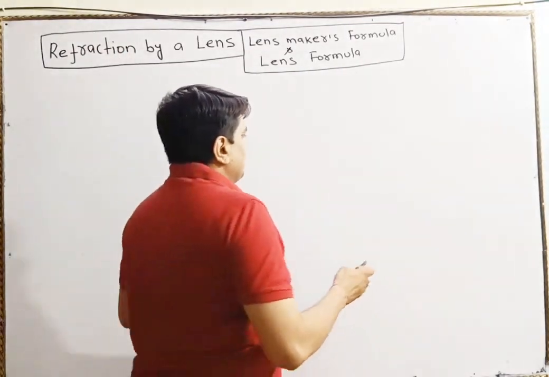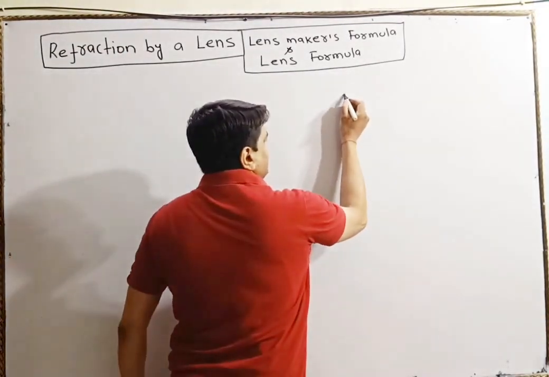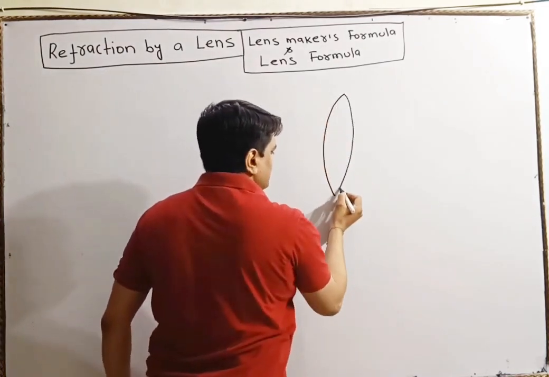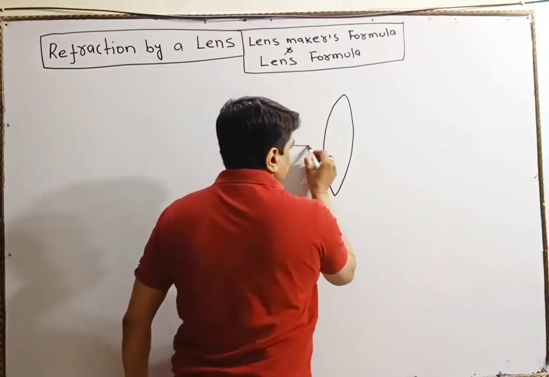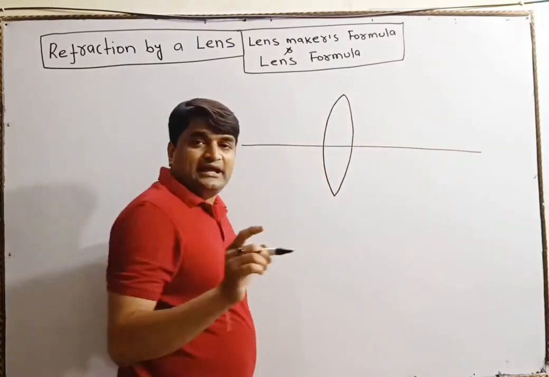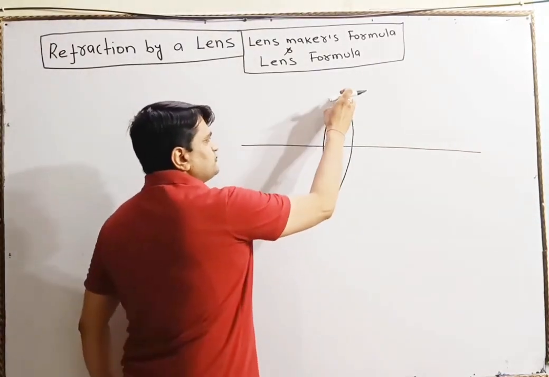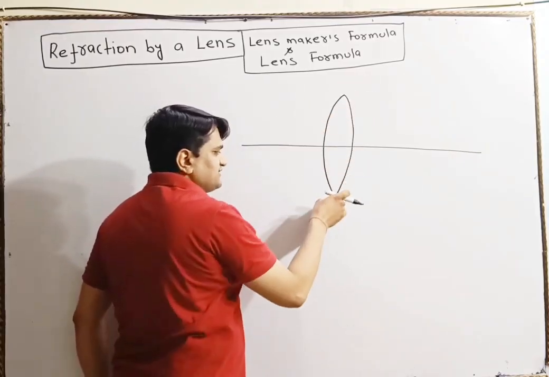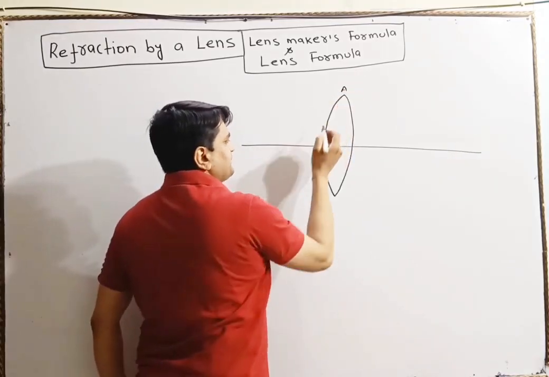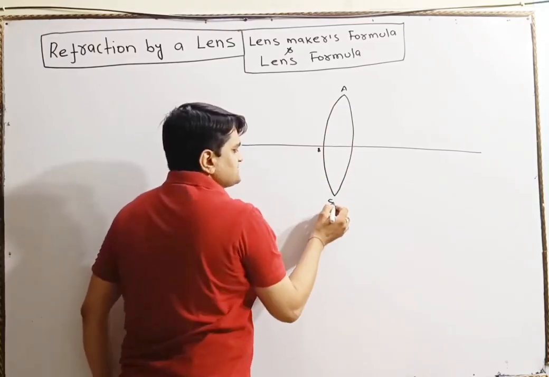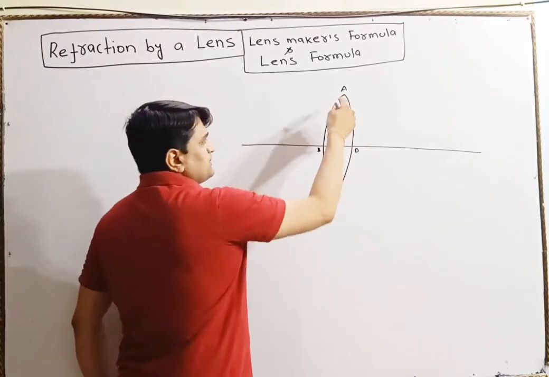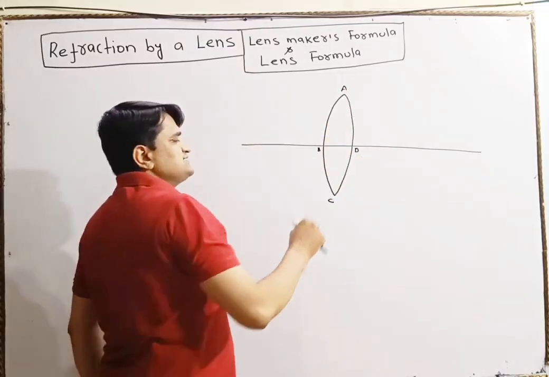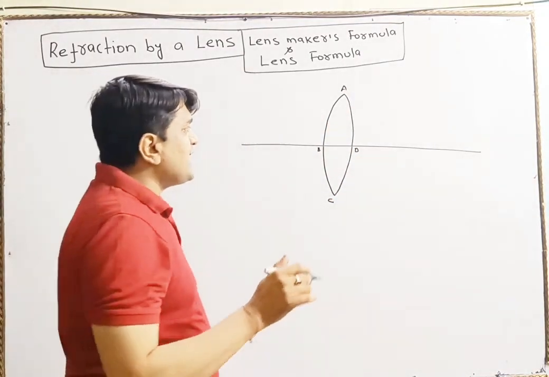I have taken a lens. Let's have a lens. It is a convex lens. This lens is made of two surfaces. One surface is this and another surface is this. Let A, B, C, D. One surface is ABC and another surface is ADC. There are two surfaces, and for